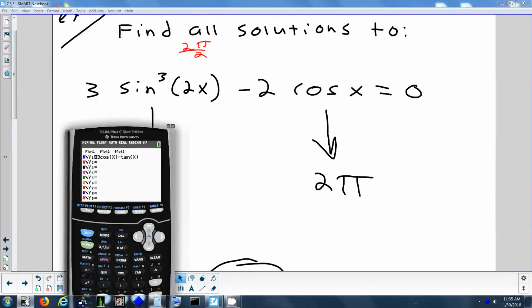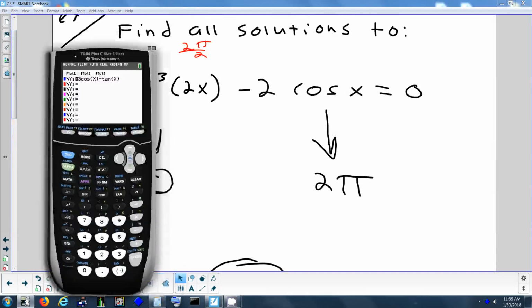Is this problem set up to do an intersect or finding a zero? Zero. It's definitely set up for finding a zero because it's equal to 0. The only time it's set up for an intersect is if you have something on the left and something on the right, and it's not a 0. Okay. So we've got